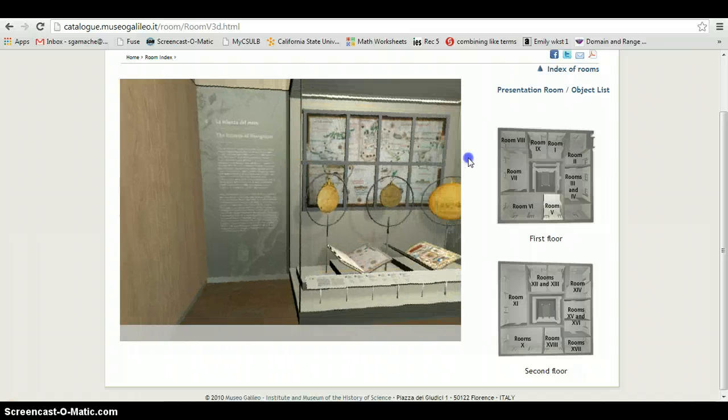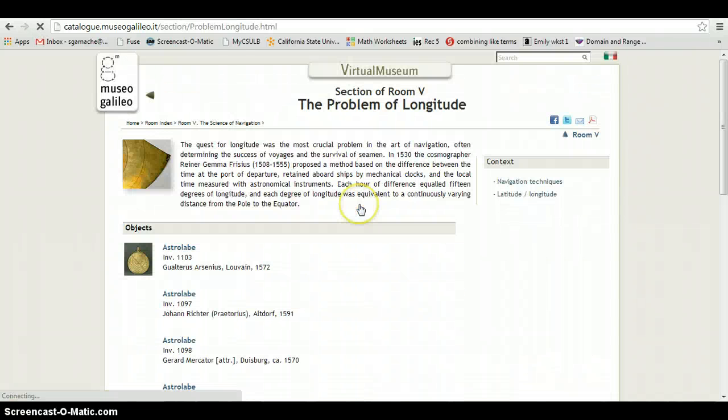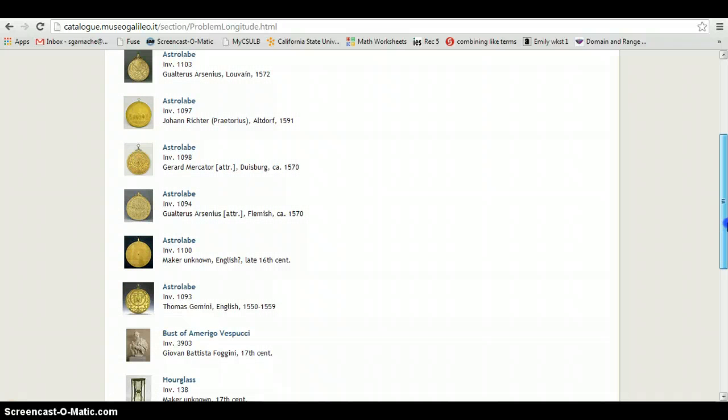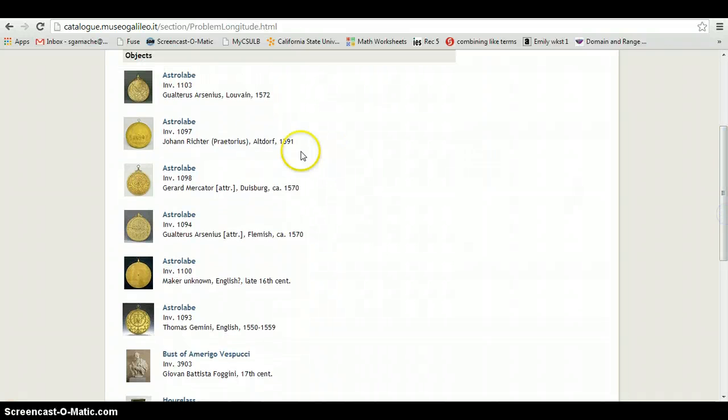And then some more stuff that you can click on. So if we click on this, it says the problem of longitude, one of the sections of the room. It gives you history information, and then it tells you those objects that were highlighted and what they are, which I think is really, really cool. If you click on an object itself,